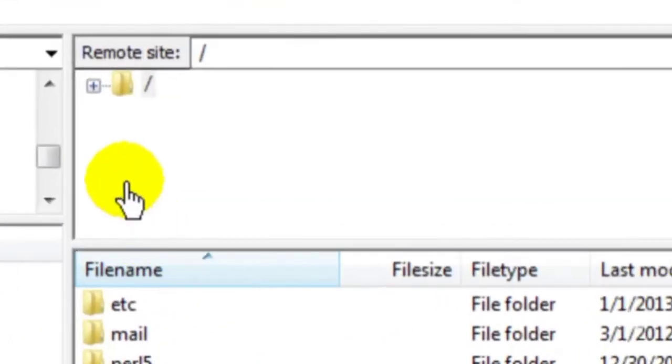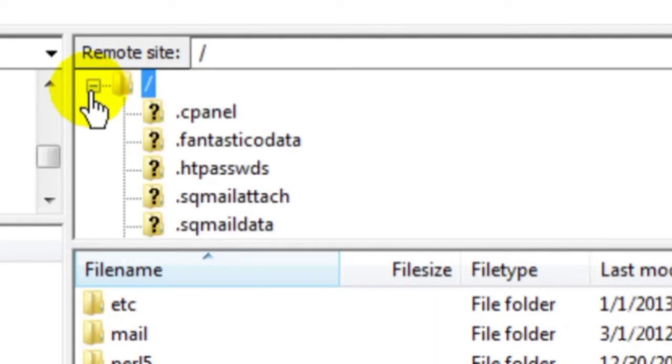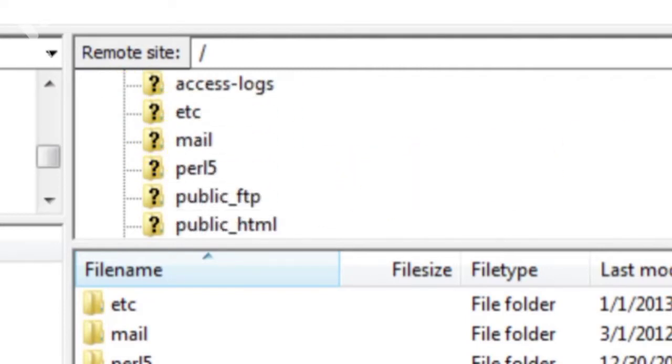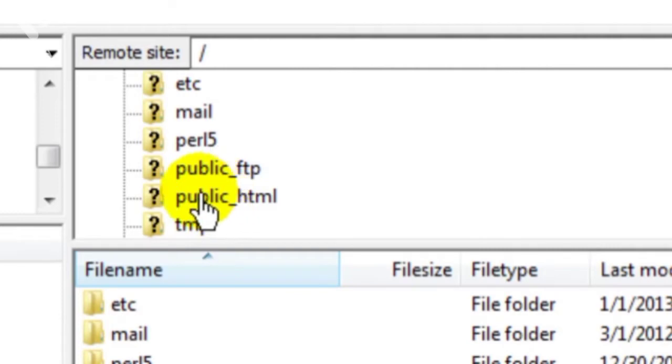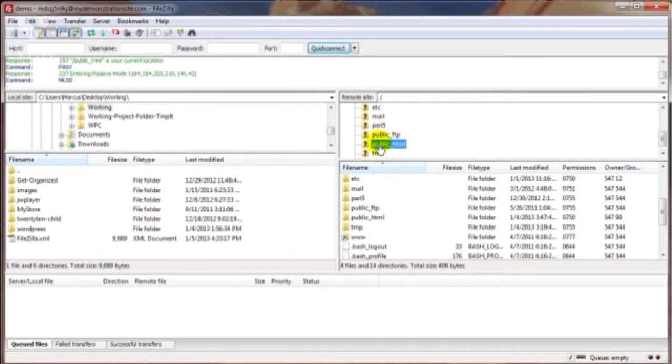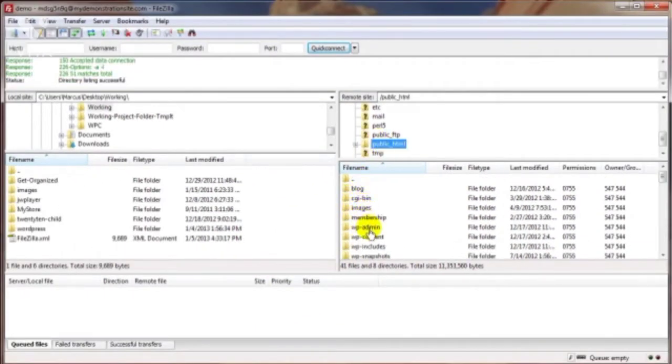You can also see this if we hit the plus button there to expand these. And these question marks, by the way, tell you that these directories have not been opened up yet in this particular session. And there we are. And just click on that, and it opens up all the files that we have in